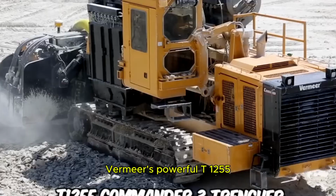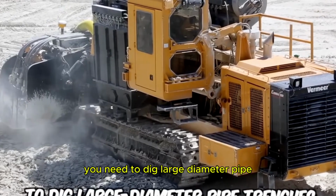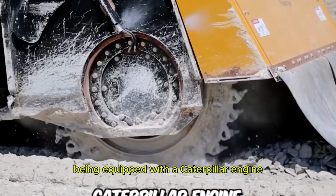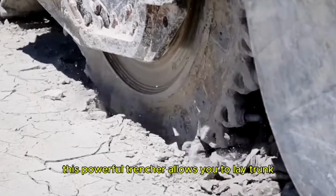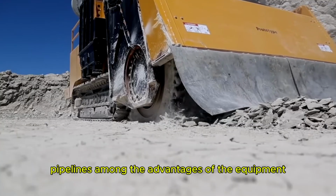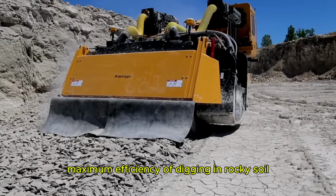Vermeer's powerful T1255 Commander 3 trencher provides all the power you need to dig large diameter pipe trenches in rocky ground. Being equipped with a Caterpillar engine with a power of 447 kilowatts, this powerful trencher allows you to lay trunk pipelines. Among the advantages of the equipment, we would like to emphasize maximum efficiency of digging in rocky soil